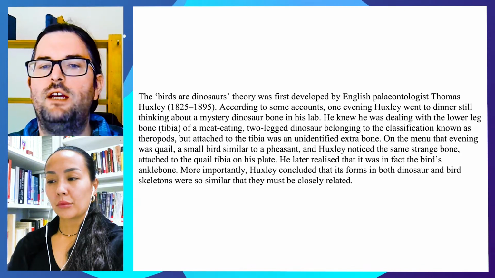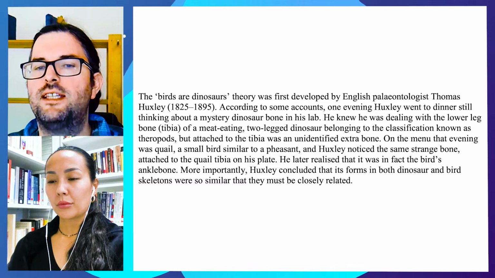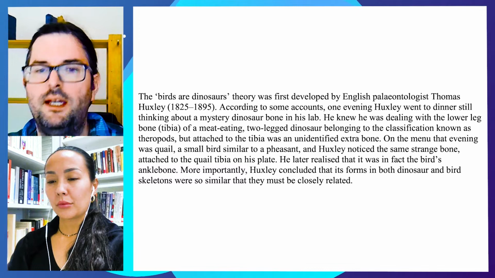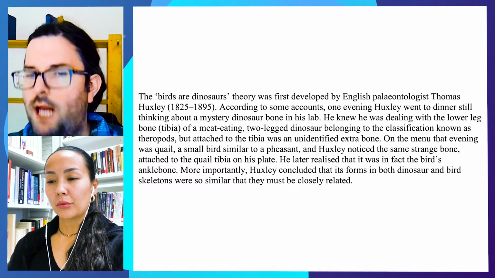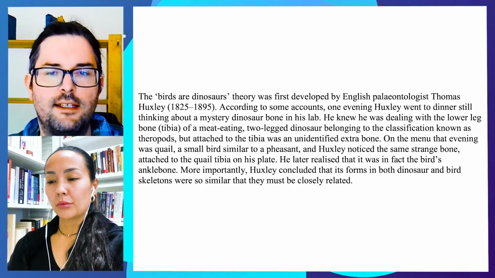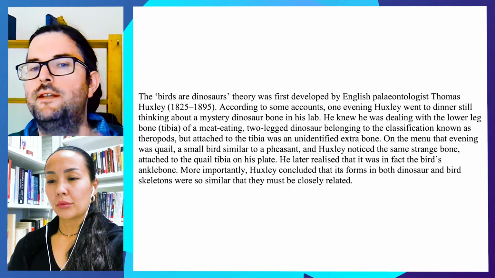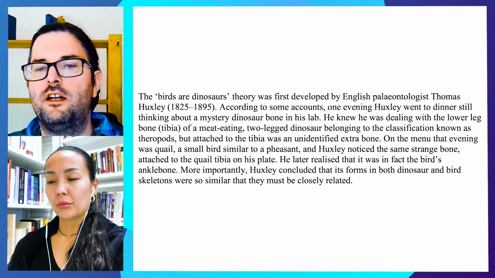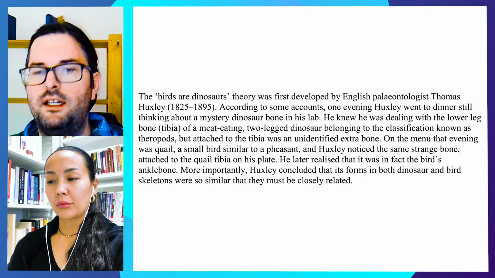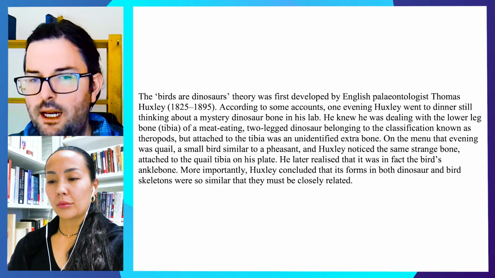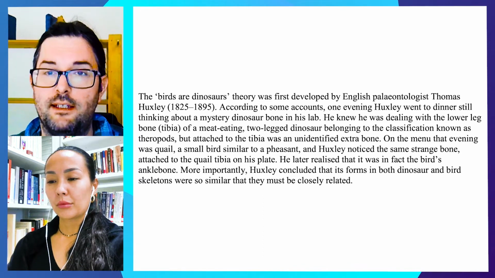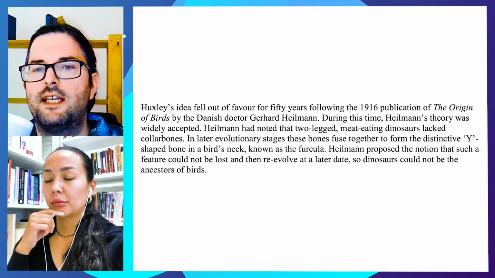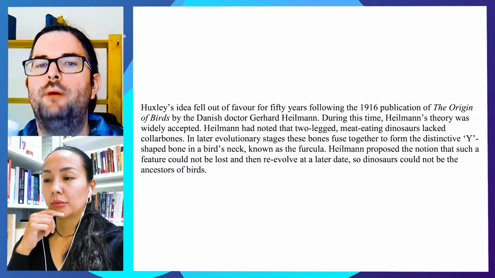On the menu that evening was quail, a small bird similar to a pheasant, and Huxley noticed the same strange bone attached to the quail tibia on his plate. He later realized that it was in fact the bird's ankle bone. More importantly, Huxley concluded that its forms in both dinosaur and bird skeletons were so similar that they must be closely related. Huxley's idea fell out of favor for 50 years following the 1916 publication of The Origin of Birds